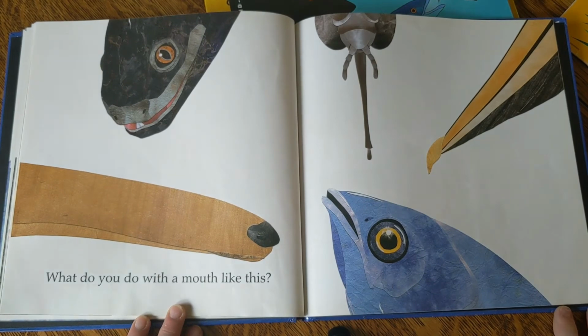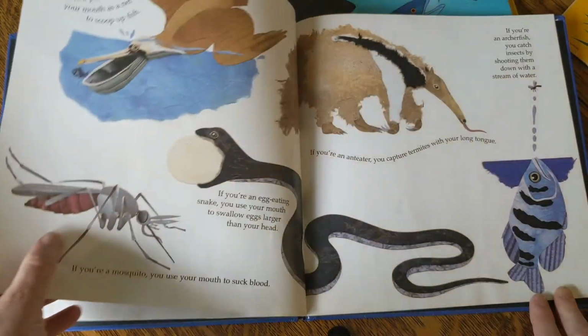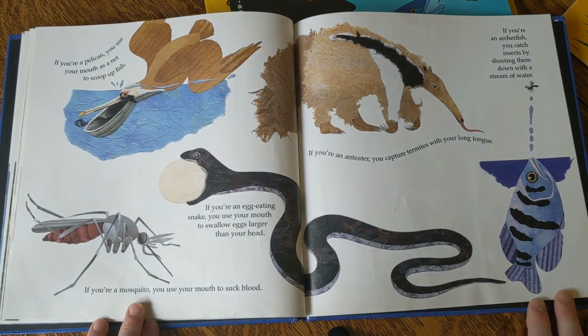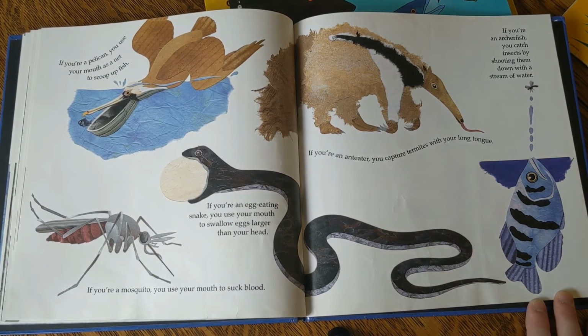What do you do with a mouth like this? Can you guess what those things are? Well, that's a crazy looking mouth, isn't it? Let's find out. If you're a pelican, you can use your mouth like a big net and scoop up fish. If you're a mosquito, that must be what that weird mouth was, you can use your mouth to bite and